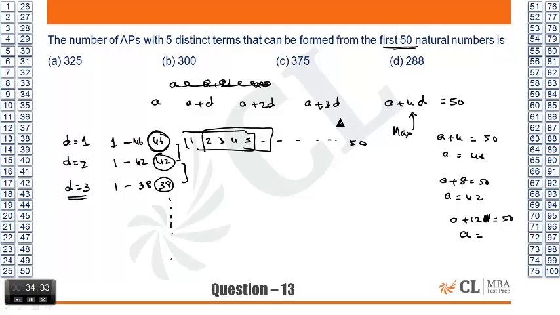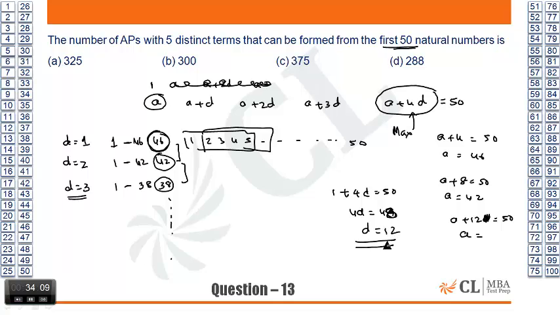What is the maximum value of D? It means A equals 1 and A plus 4D equals 50, so from 1 to 50. That will be the maximum value, no? So 1 plus 4D equals 50 and 4D equals 49. That is not possible. 4D will be equal to 48. The maximum value D can take will be 12. So if D takes the value 12, 4 into 12 is 48, and A will be equal to 2. The maximum value A can take is 2. So it's a series which has got 12 terms.